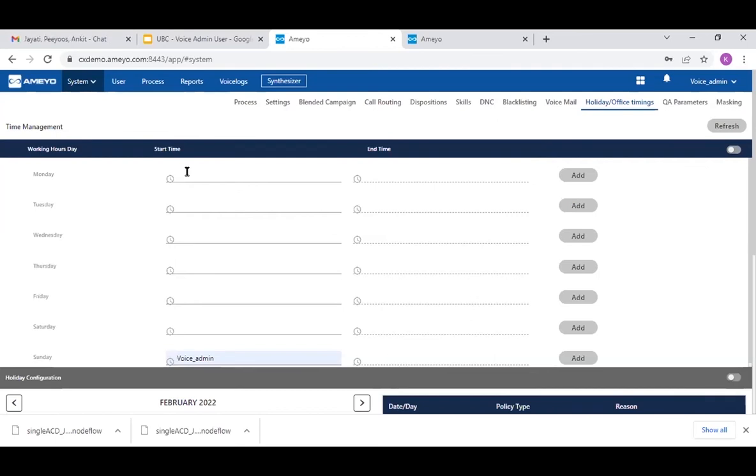Now let's suppose as a customer, I try to reach out to your company during the non-working or the office hours. Then we could also play a prompt at the IVR. I would be showcasing that from where you would be able to upload the prompts in the upcoming section. From here, you can set the time. Now, once I reach to your company during the non-working hours, just giving an example, a sample message like that, that you are trying to connect us during the non-working hours, we will be getting back to you on the next working day.